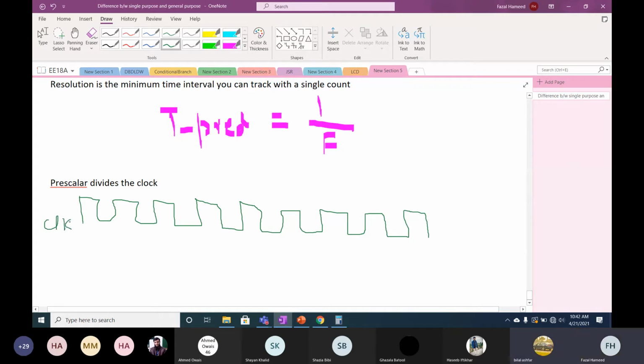So now let's assume it's a clock. Okay, so it's a clock, and if we want to divide the clock, it means we are reducing the frequency of the clock. So dividing the clock means